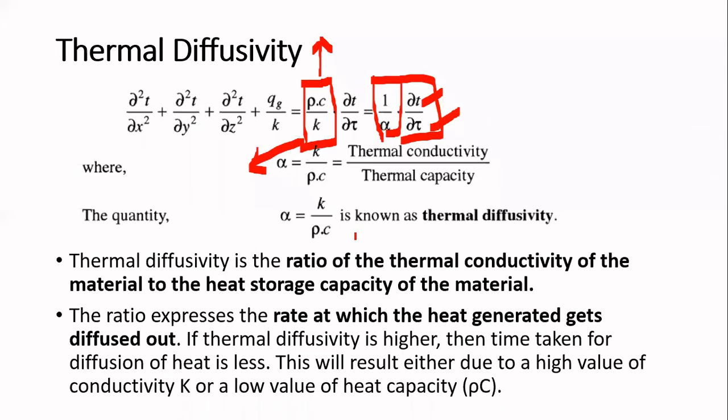Now we will see what is the significance of this thermal diffusivity. If thermal diffusivity of any material is very high, it means that time taken for heat to diffuse within the material will be low, or heat diffusion inside the material will take place at a faster rate. What does it mean? It means that, say that we are supplying heat to this particular material and I want heat to be spread throughout the material. So if thermal diffusivity value will be high, then this heat will be spread throughout the material at a fast rate.